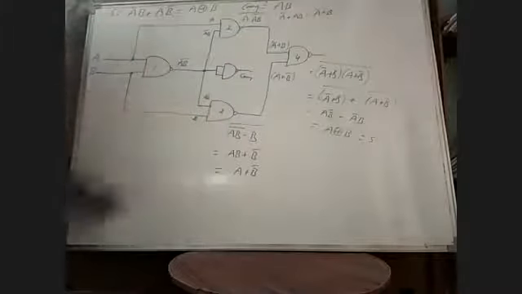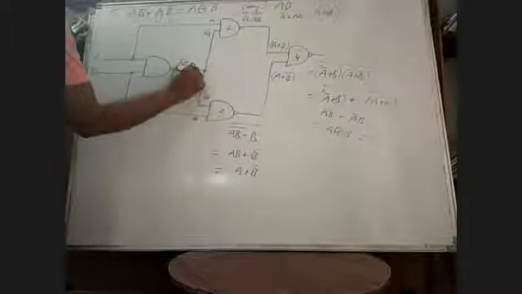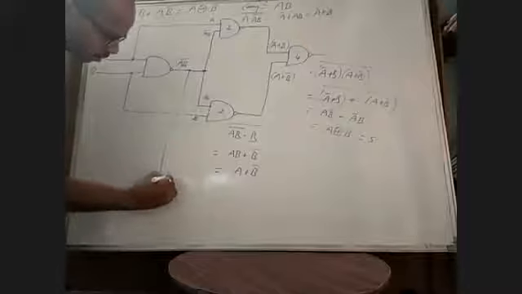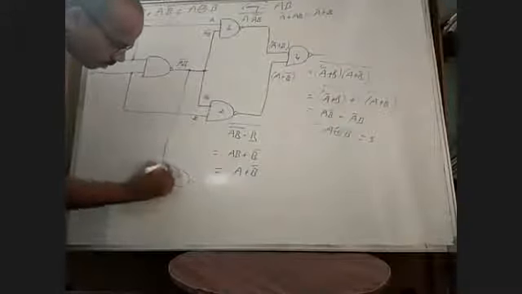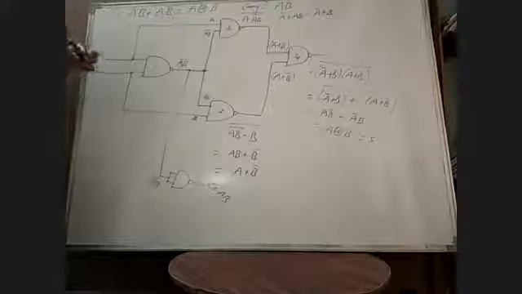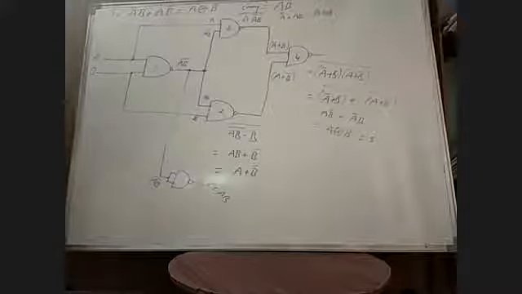You can also draw it like this if it is convenient for you. You can take the point at this place and take one more gate outside the structure. This is an inverter. This is your AB whole bar, and this will be carry equals AB. Note down: you have to write the output expressions at each and every gate.